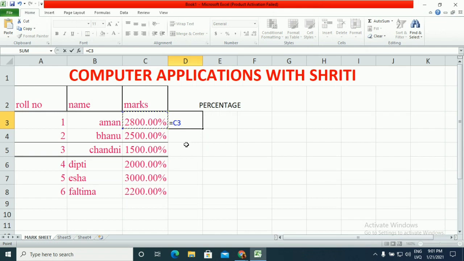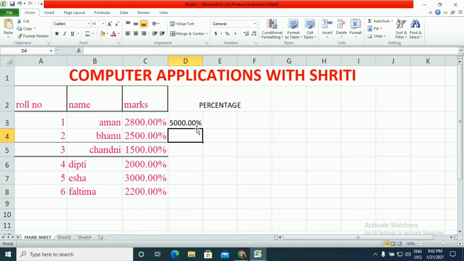For example, I want to add the numbers from cells C3 to C8. So I will write C3 plus, and I will select this one plus C8, and then press enter and we'll get the total here.